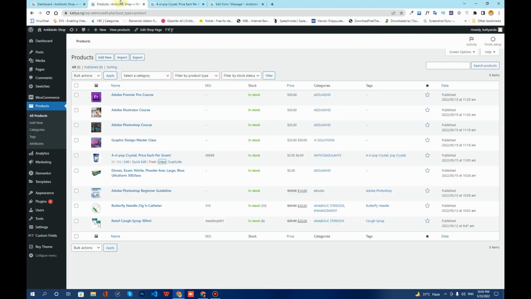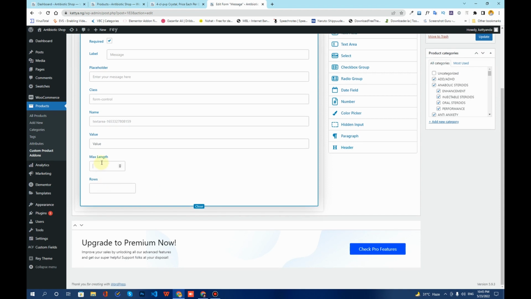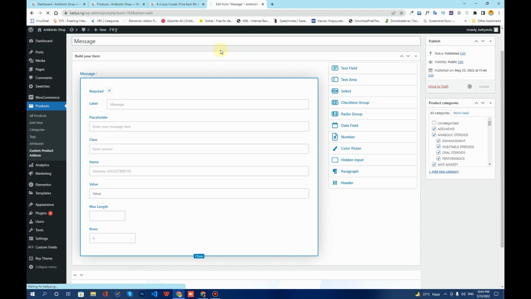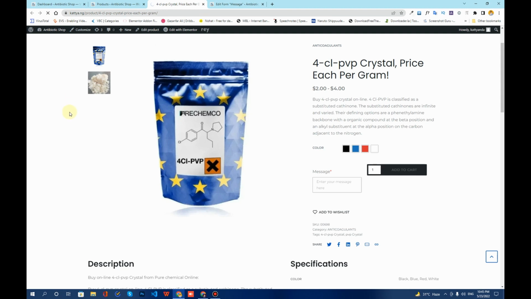Now what I want, for example, is to increase the max length or increase the rows. In order to set the custom rows, you can type in a number here and simply click on update. Once you click on update, it will start getting updated. And if I refresh the page,